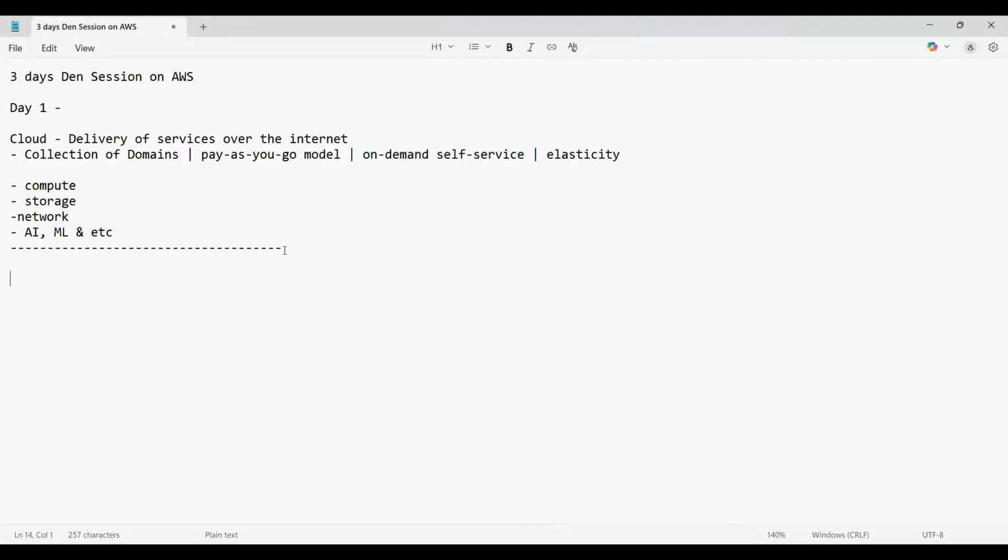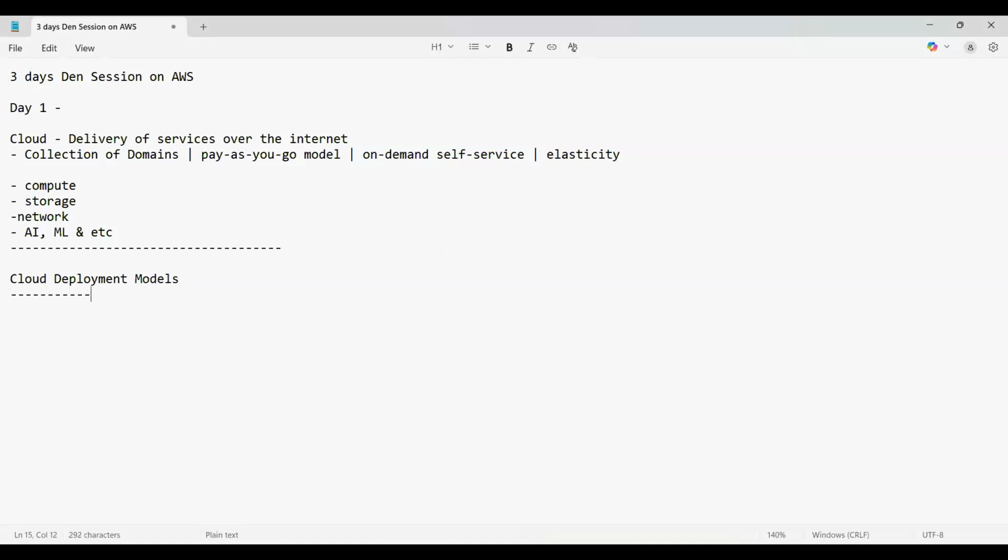And let's go to the main thing, that is deployment models. What are the cloud deployment models? One more thing: if you lose my voice in between, you can unmute and say, or you can put up a message here, because as I'm sharing my screen, I'll not be able to see who is trying to reach out to me. So please either speak or put up a message, so I can view that later.